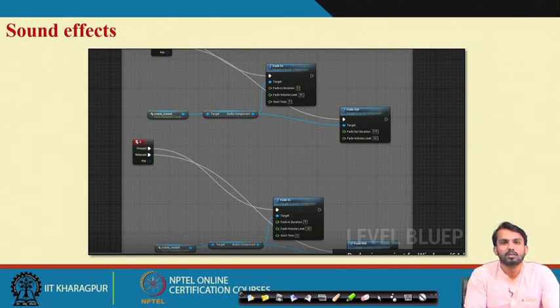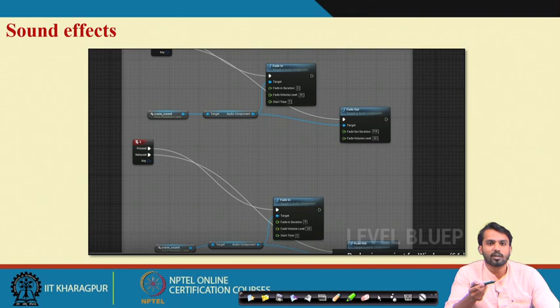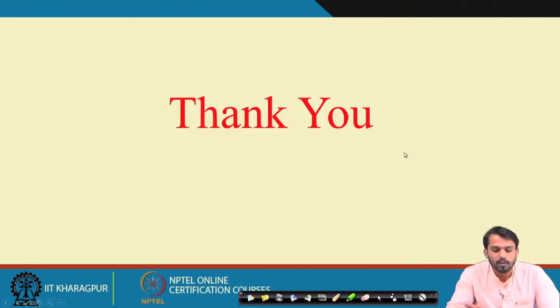You can set up to what extent this sound will be generated, or you may want to merge different kinds of sound inside the workplace, in which different components produce different kinds of sound. There is also a property where you can merge the different kinds of sound, and there should be no interference between the sound creation. So, thank you. In this way we can see how we can develop this virtual environment and how we can handle different properties of the virtual environment.